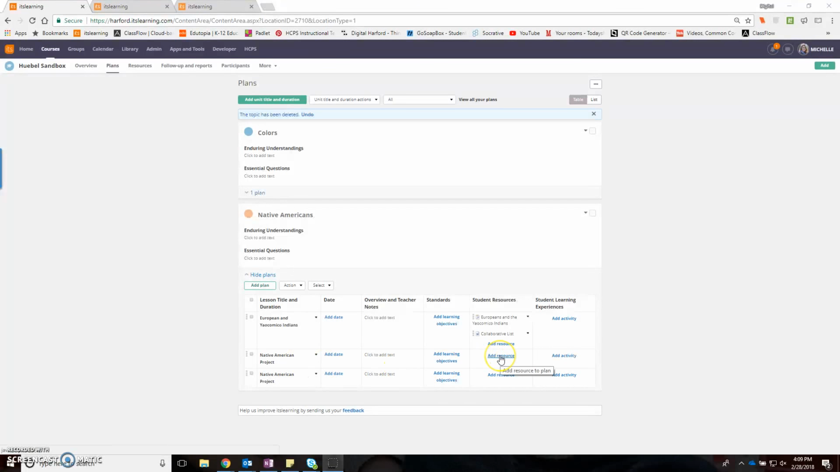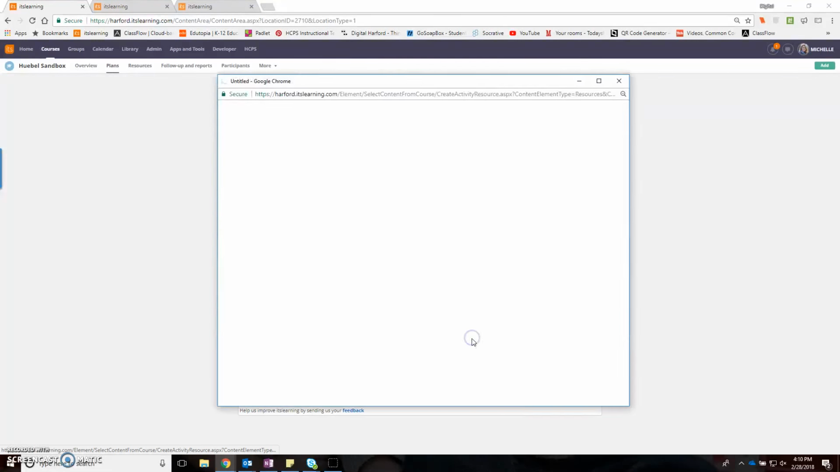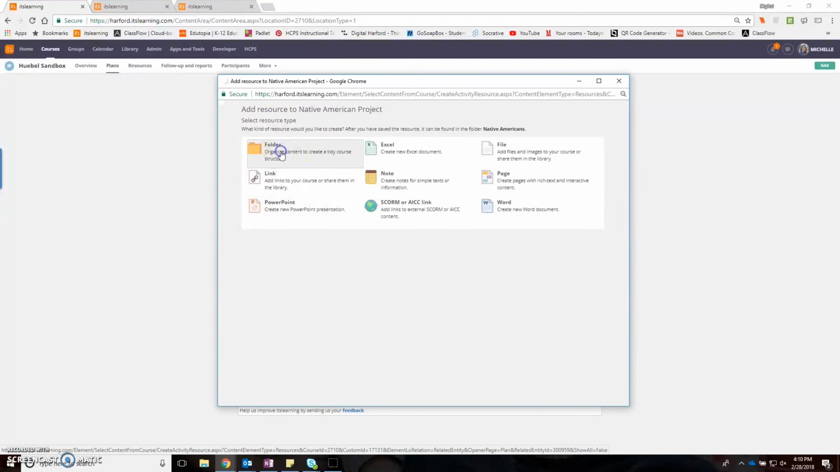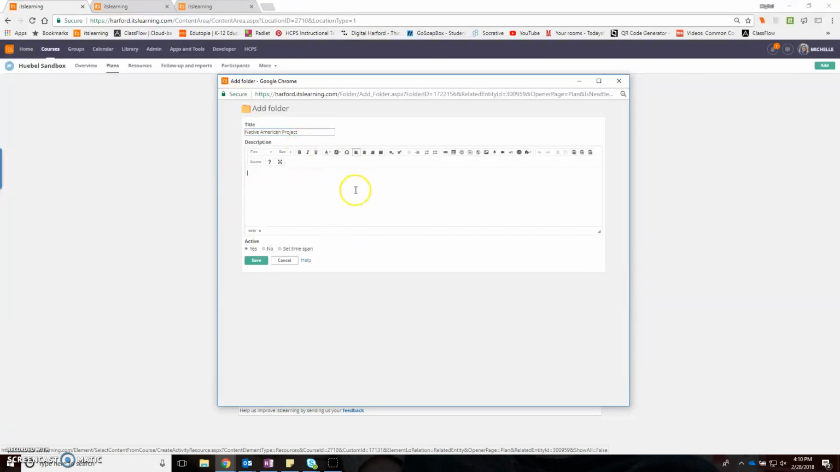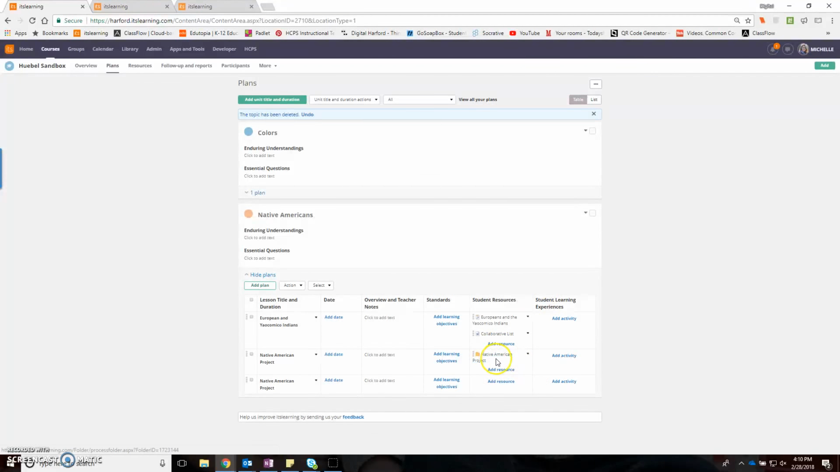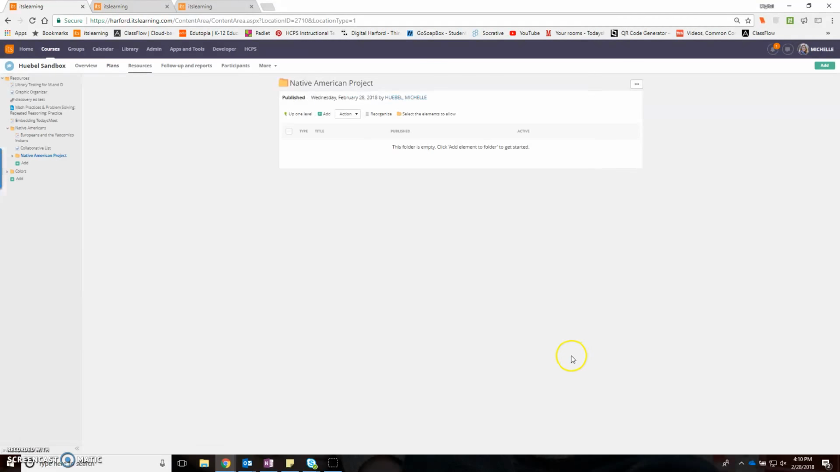So what I'm going to do is come to Add Resource, and for this part I'm going to create a folder. And I'm going to give my folder a title. And I could give a description of the assignment, or specifically what I want the students to be able to add to the folder here, but that's just a description for the folder. I'm going to select Save, and now that folder is sitting in my planner, and when I select that folder,